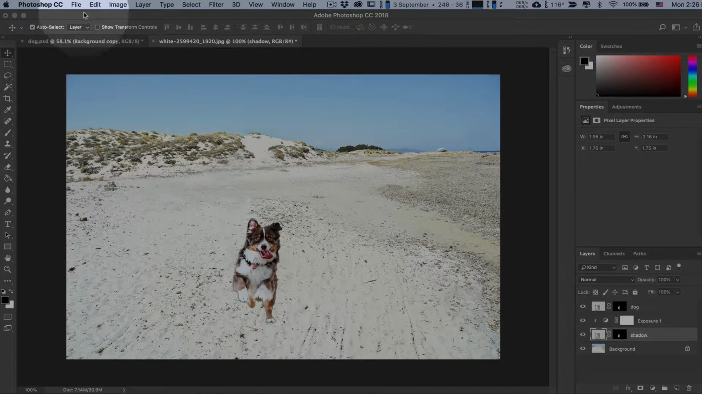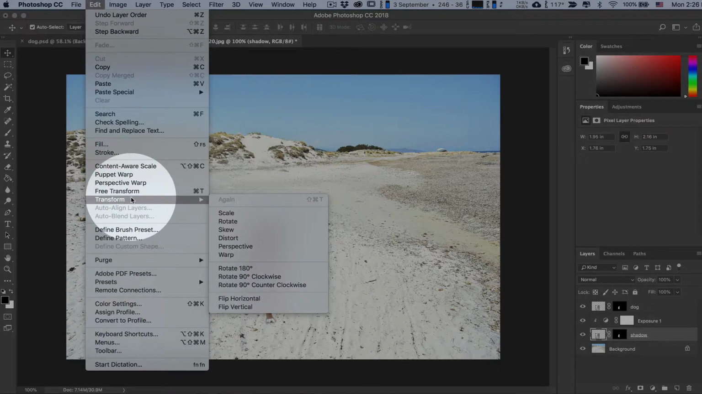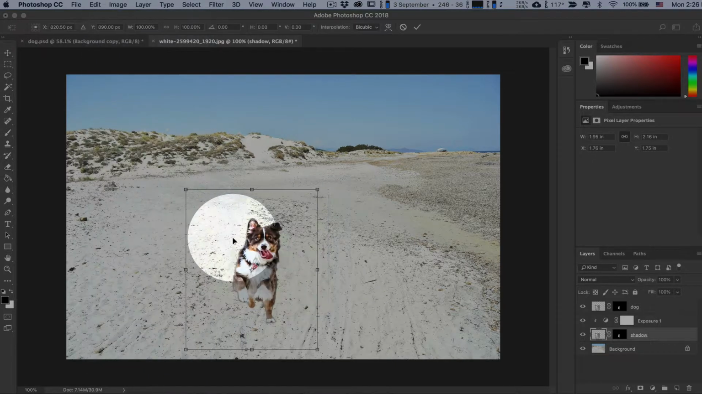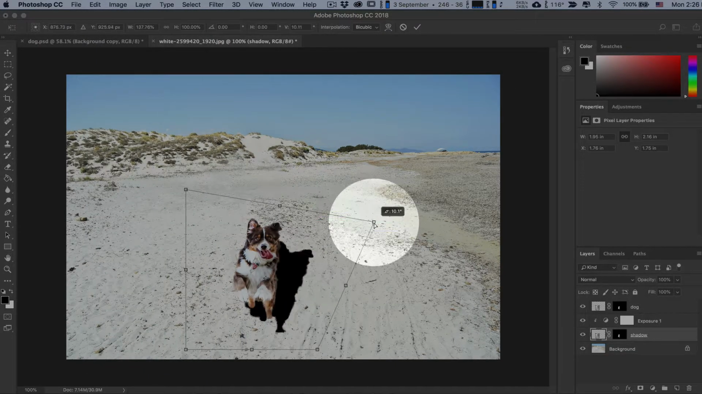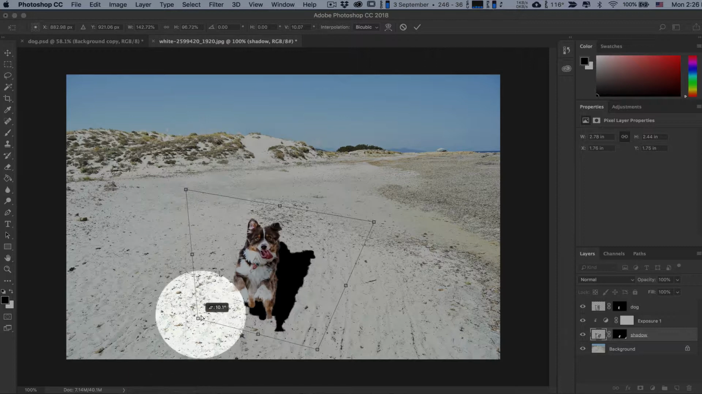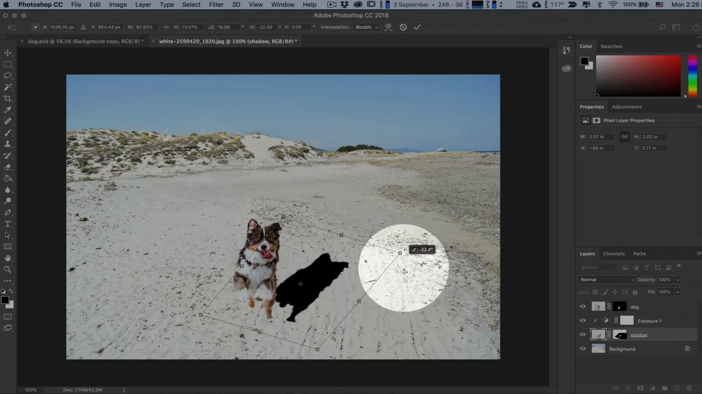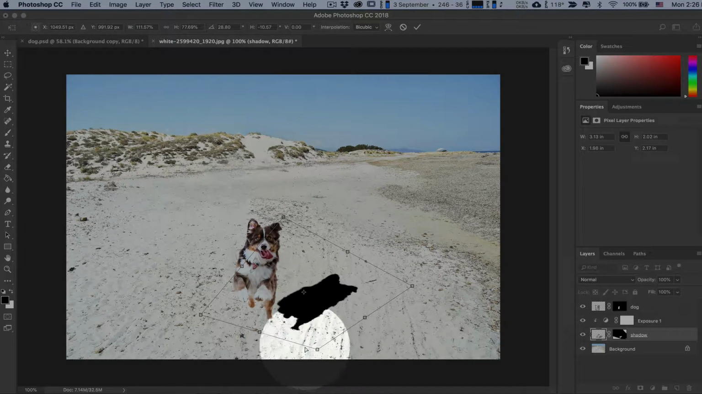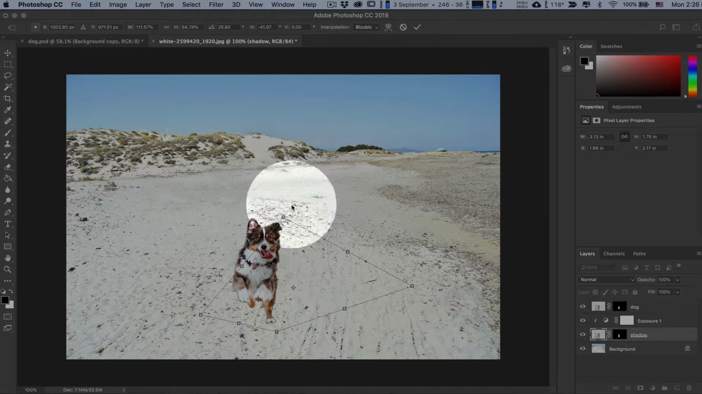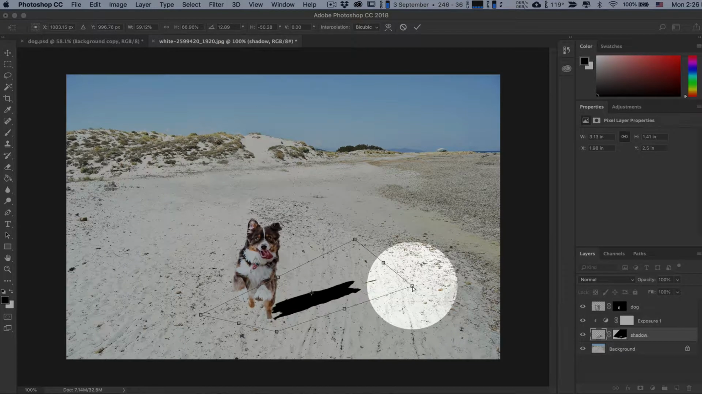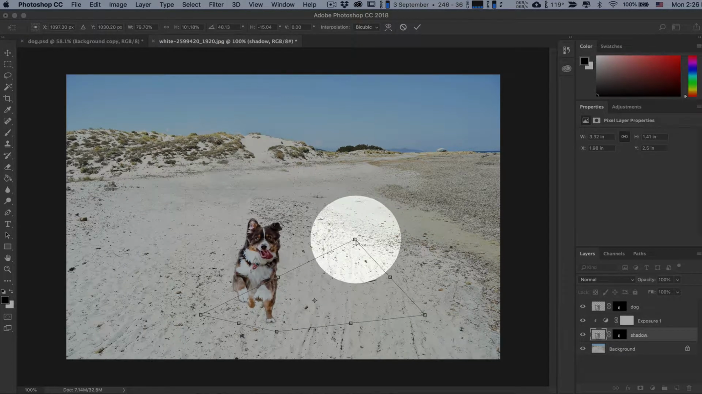Next, I'm going to position the shadow layer by going up to Edit, Transform, Distort, and the first thing we're going to do is try and approximate the location that we want the shadow to be in. In this case, I want it to be going off to the right-hand side because it seems like the sun